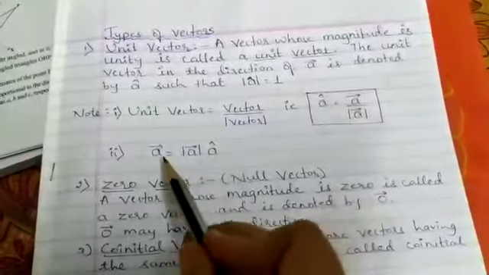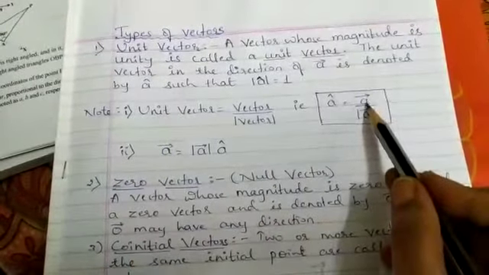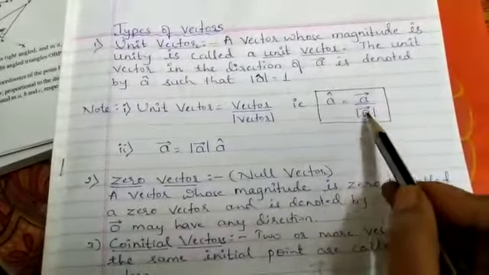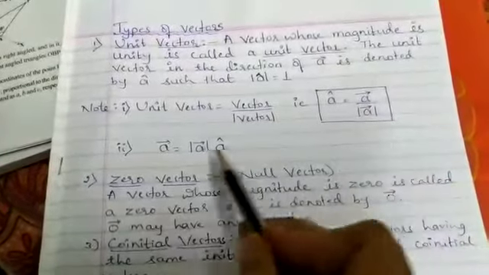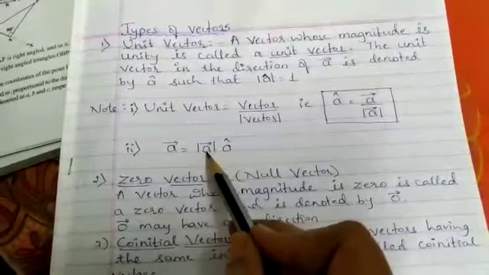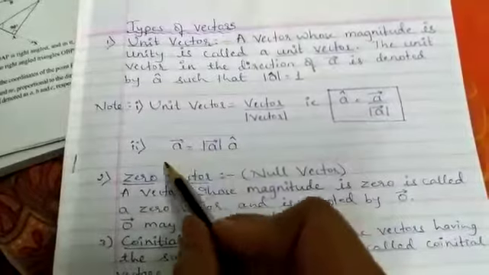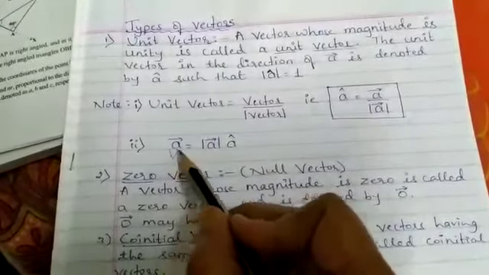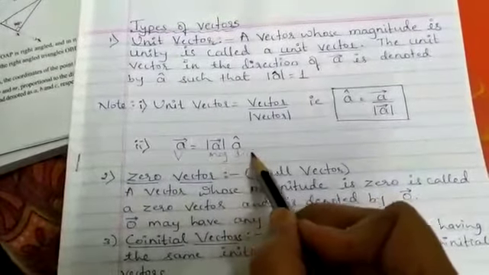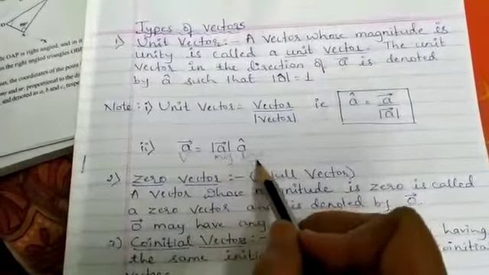The same formula we can take as note number 2. If I have to calculate a vector, I can rearrange this formula, that is, vector A is equal to the magnitude of vector A into A cap. That's the unit vector. So overall, what we have just discussed is that to find any vector, we require both magnitude as well as direction. Both are required. The vector definition says so accordingly.